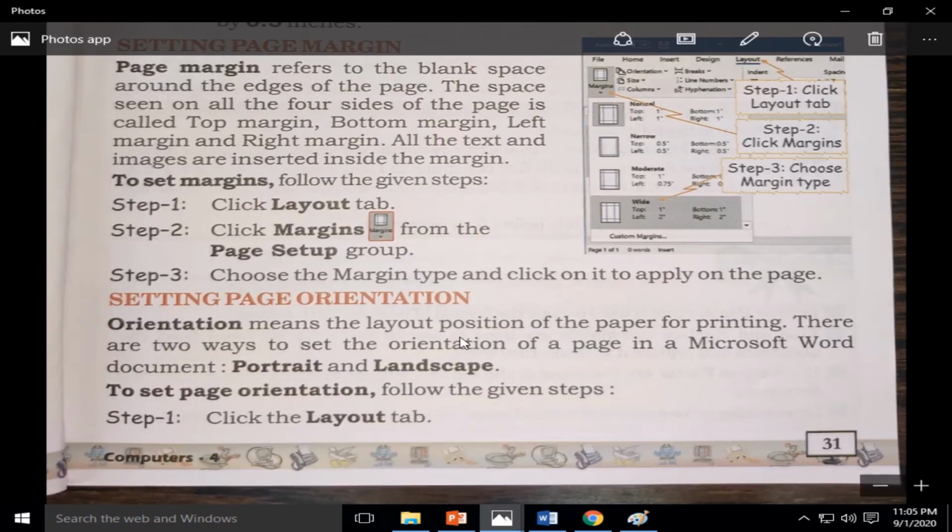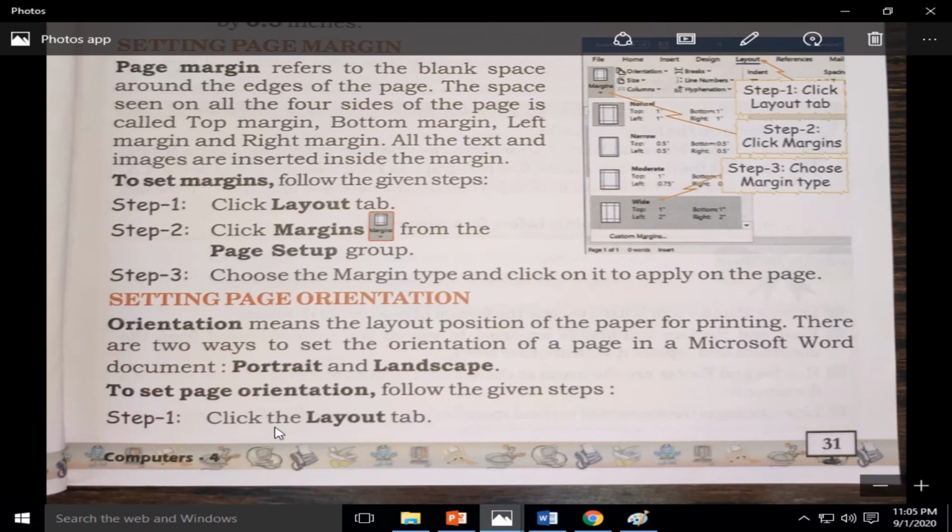Orientation means the layout position of the paper for printing. So there are two types: portrait, which is vertical, and landscape, which is horizontal.